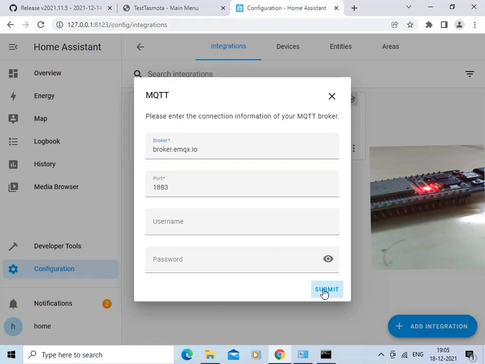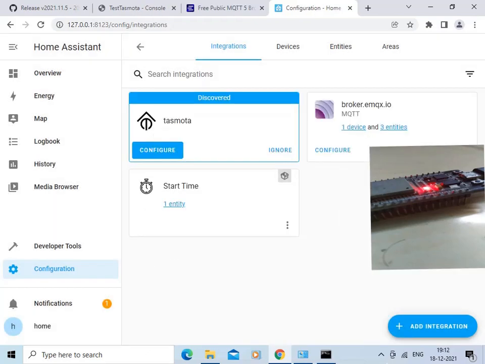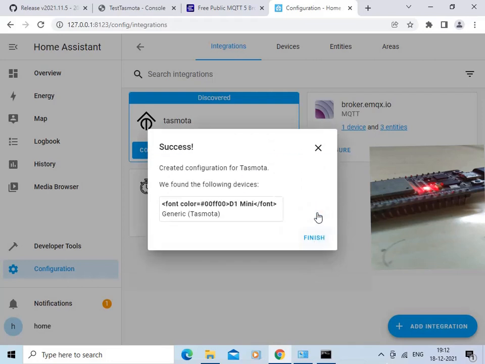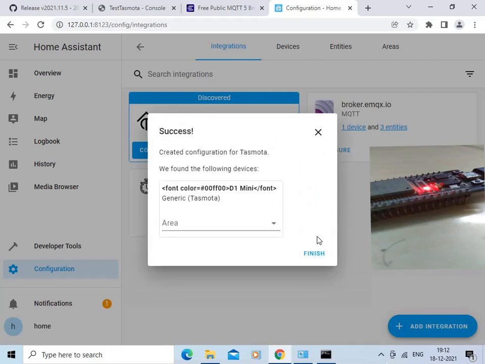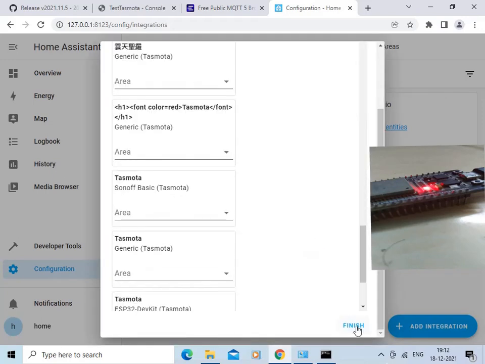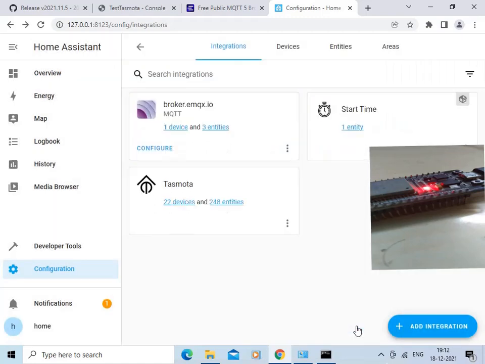Click here on the submit button. We can see our Tasmota device has been discovered. Let us configure it. Click here on submit. So the configuration has been created. This many devices are discovered. Click here on finish.